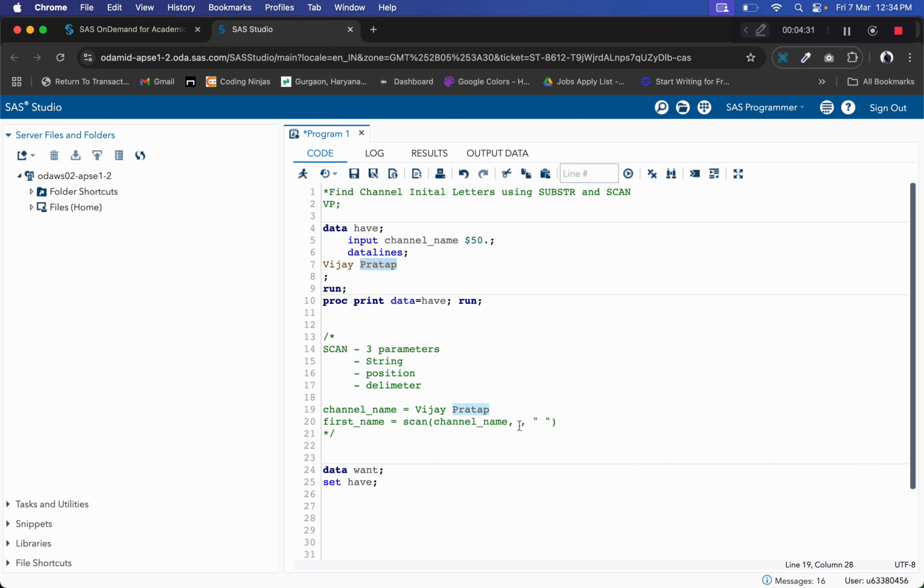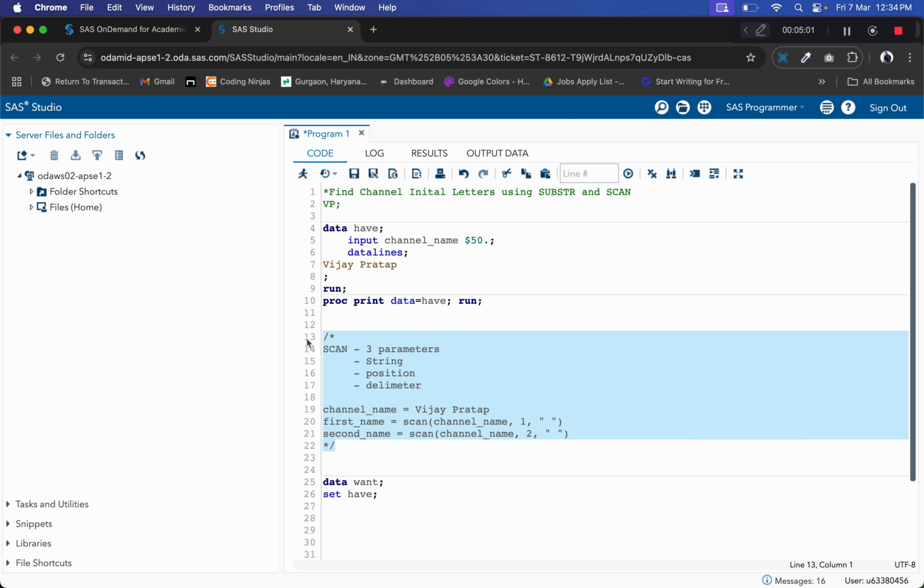In this case we want the first name, so we will pass 1. Suppose we want the second name instead, we can write the same syntax, but for the position we will write 2, because this string is separated by space into two parts. This is Vijay and this is Pratap, and we want to find out Pratap from this. So remember this is the way to use the scan function.